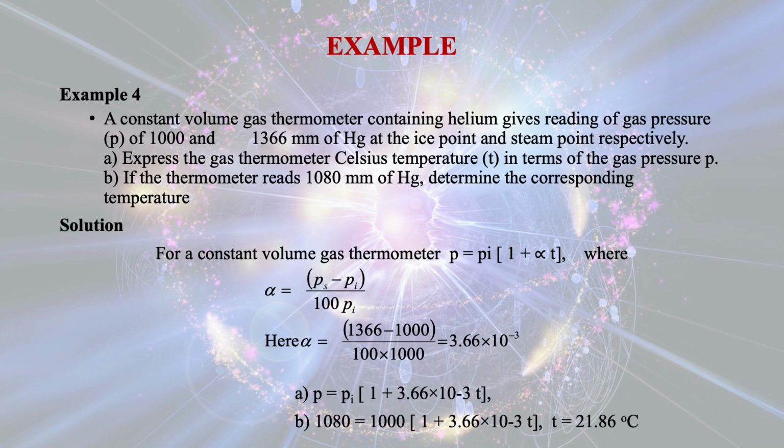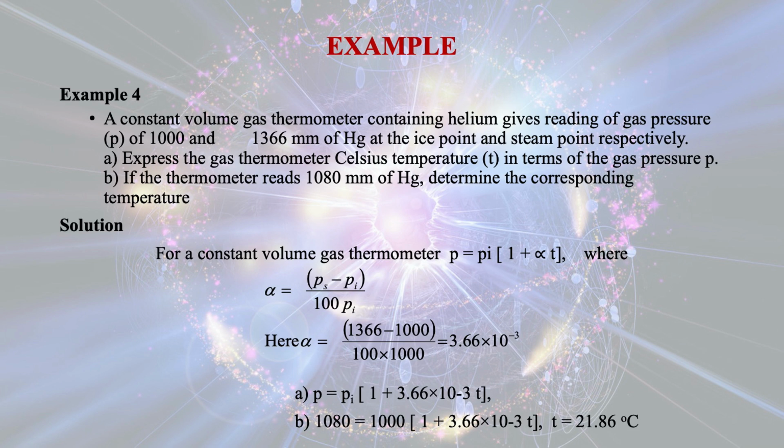So the value of the constant we have already calculated, and the final expression for P is equal to Pi within bracket 1 plus 3.66 into 10 to the power minus 3 into T. So this is the expression relating pressure and temperature. Initially the pressure at the ice point Pi is known, that is 1000 millimeter of Hg, but we have to calculate the temperature for the pressure